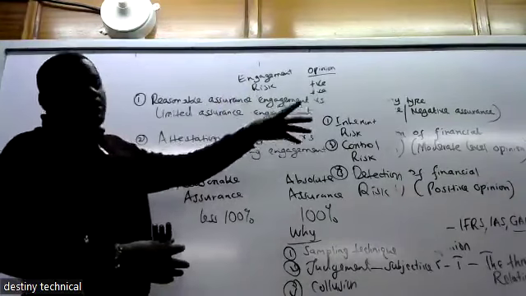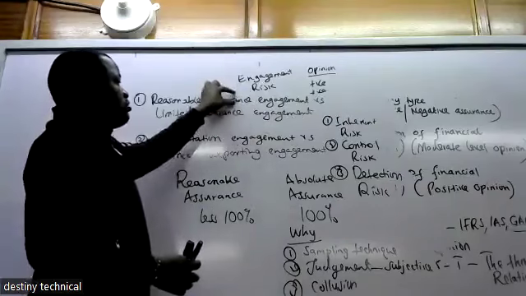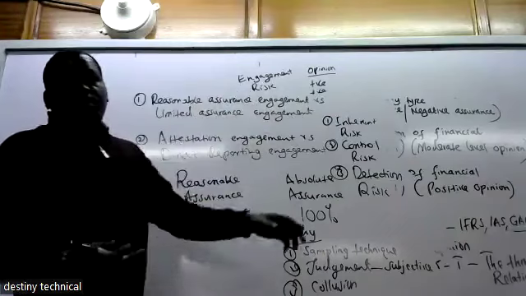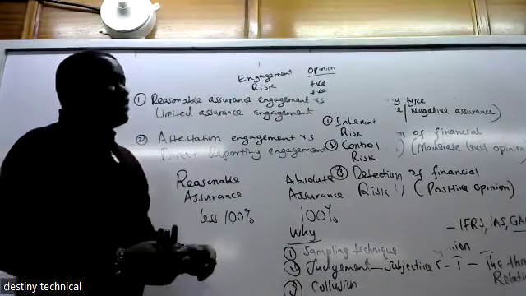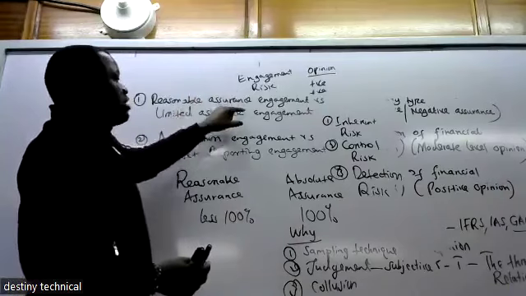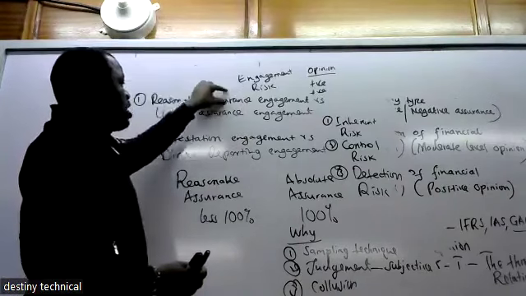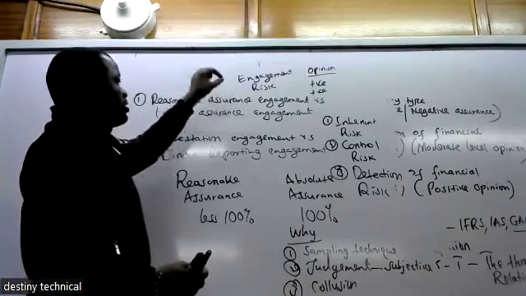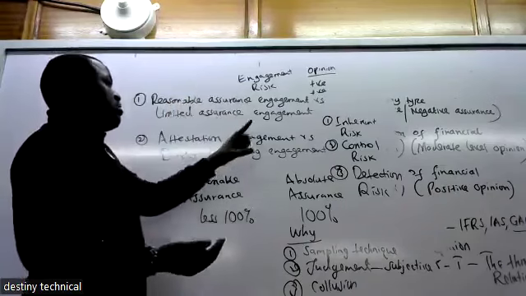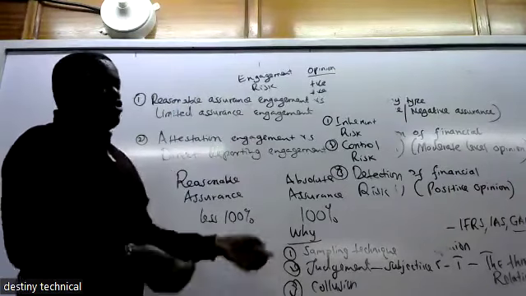Another form of distinction is in terms of opinion. For this one, positive opinion. For this one, negative opinion. Another one is in terms of the procedures being performed. This one has detailed, extensive procedures. You have lesser procedures here. In this case, I will perform inquiry, analytical review procedures, compliance, and substantive testing. So this was very limited. You can only do maybe inquiry and analytical review procedures.